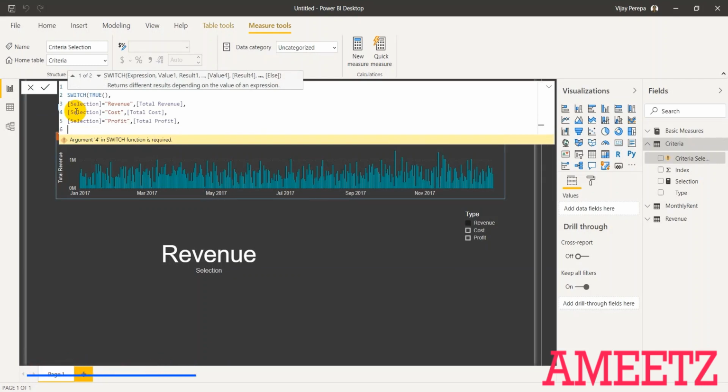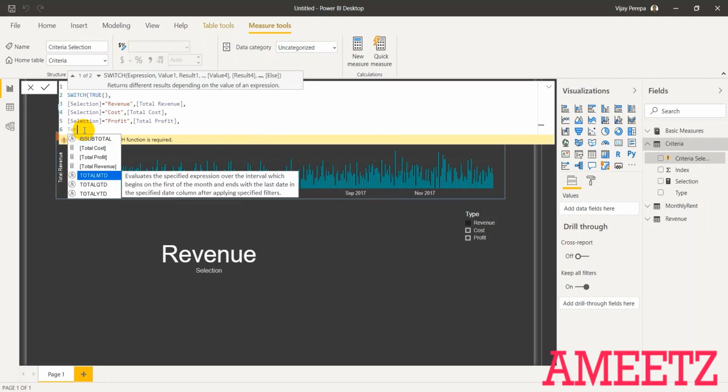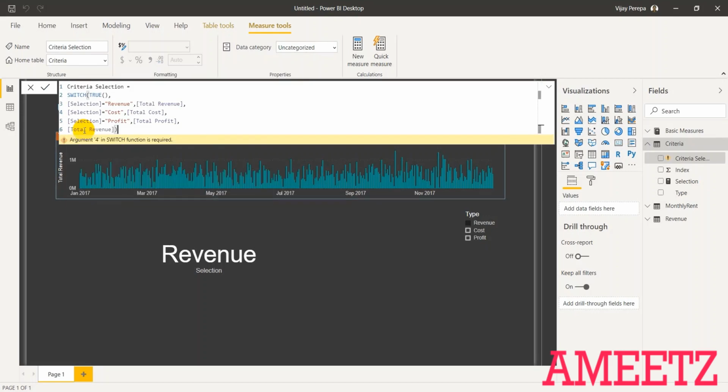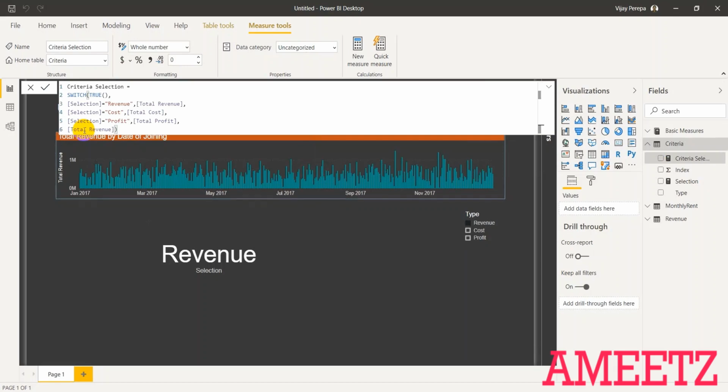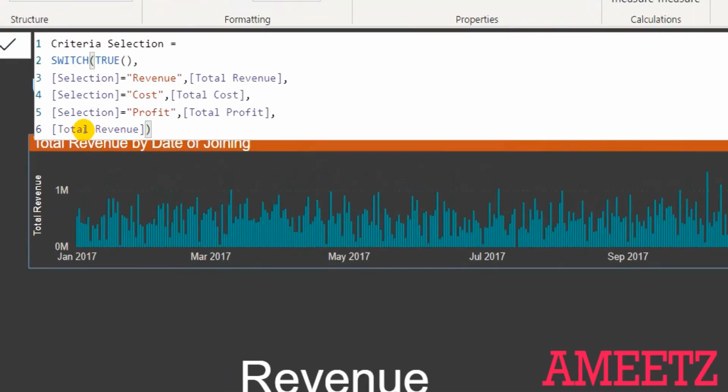Otherwise, alternatively, if I have not selected any slicer value, then it has to be total revenue by default. So this gives me control on each element, and then I can show that.